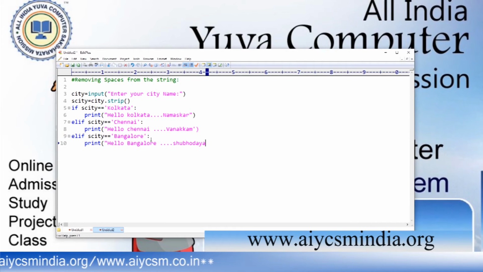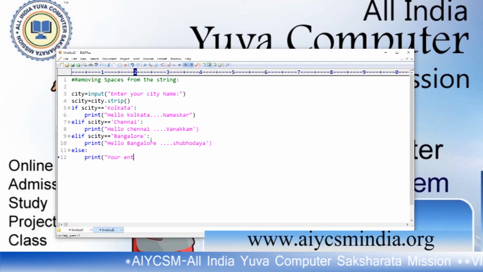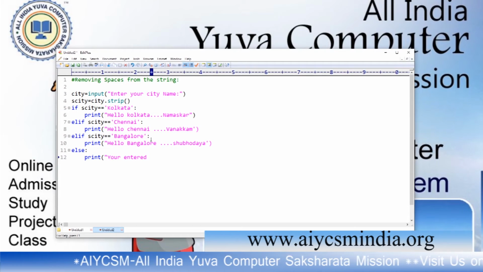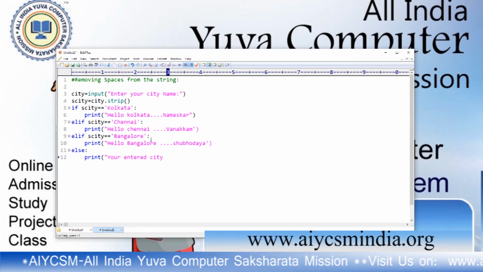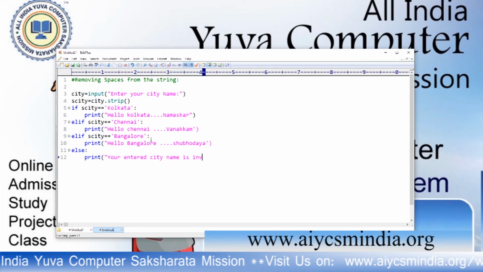This is the language of Bangalore. Okay. Now else, if the city is not in the list, print your entered city name is invalid.